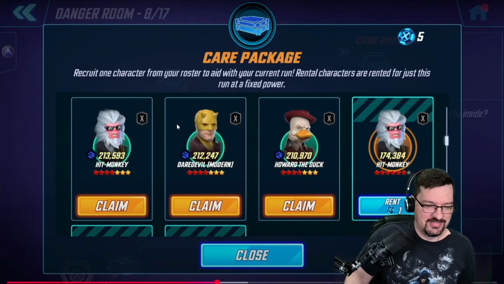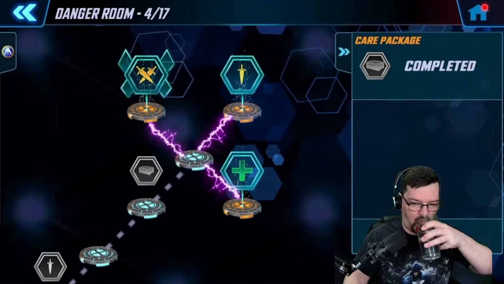Care packages where you'll just see 3 characters or 3 combat mods that you can choose to add to your squad. You won't know what it is until you get in there. And then we have healing stations, which...